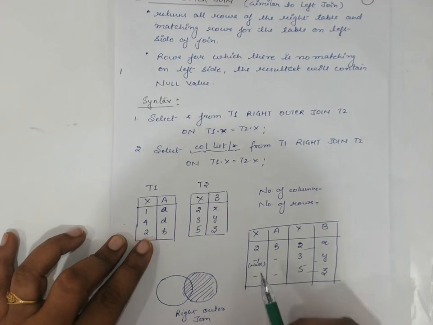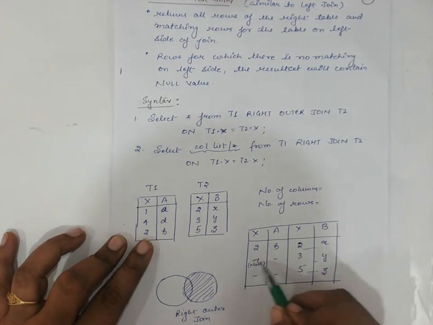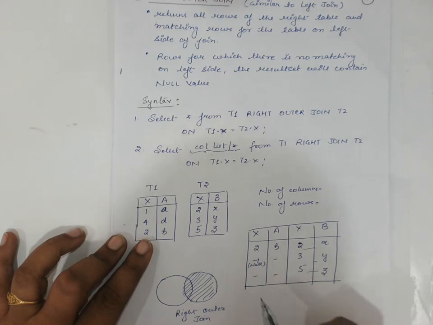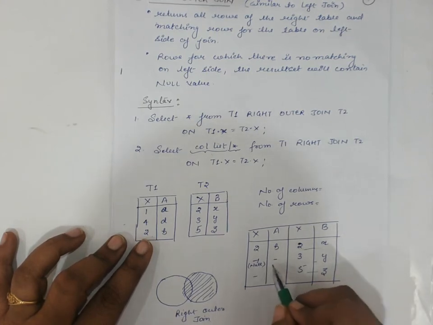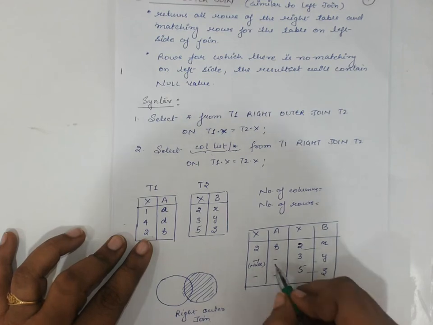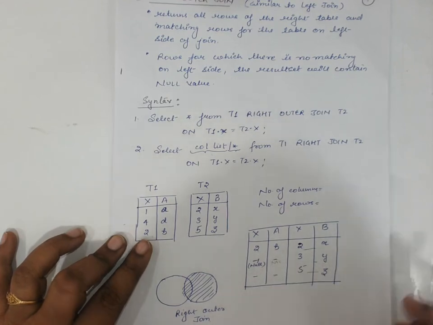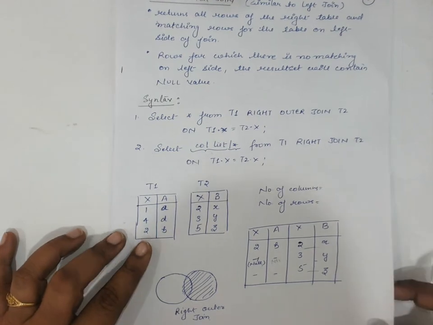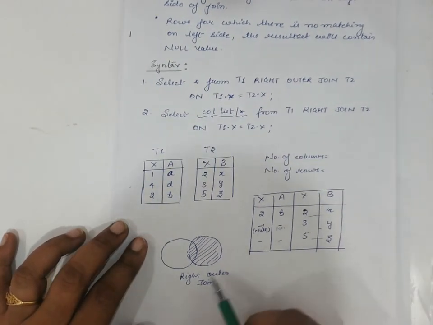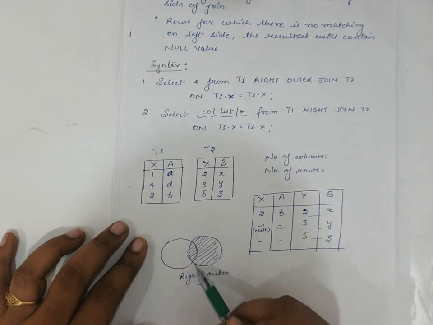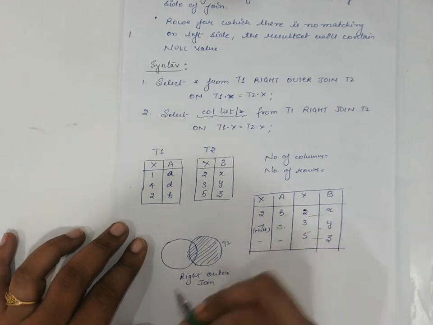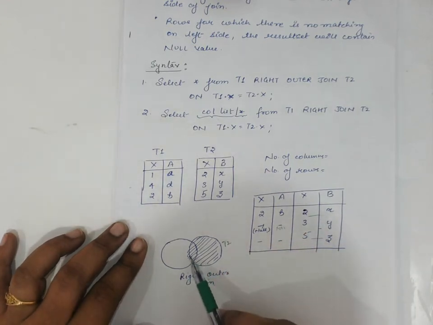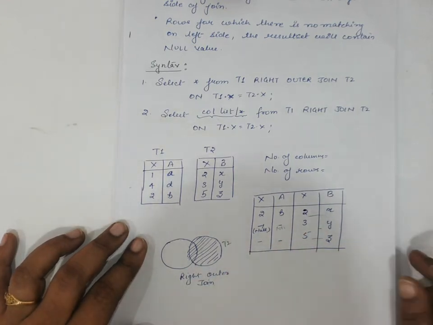null will be padded. You can get an answer either in the form of a dash that simply represents the null, or some systems support NULL, so you will get NULL in the outputs. Both mean the same. So if you see the diagram, it is similarly saying all the tuples of table 2 and the matching tuples of table 1, keeping others as null.